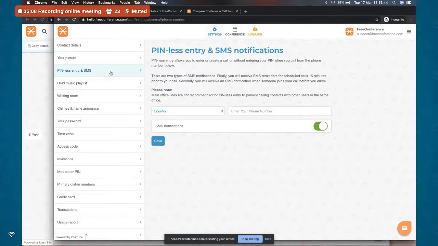We have a really good feature called Pinless entry and SMS notifications. That's really more for the host of the call. You can put your cell phone number here, and it means that when you call into your conference dial-in number, it'll connect you directly without you having to enter anything, and it will recognize you as the moderator. The other good thing about the SMS notifications is if you're setting up a meeting, and I use this a lot,